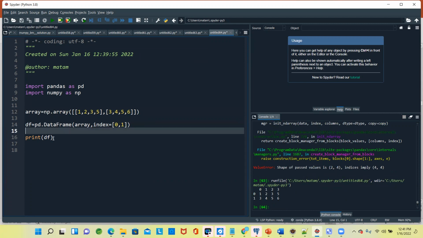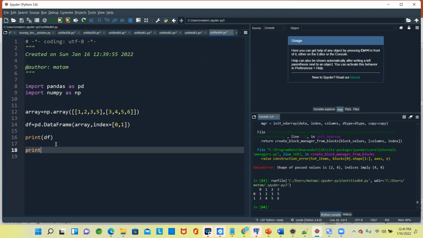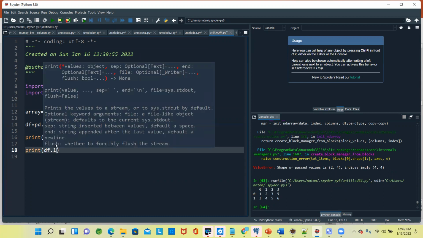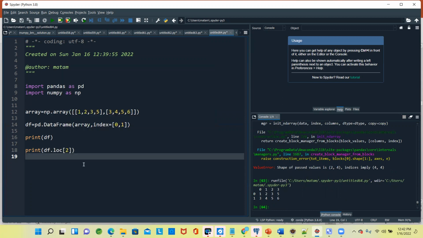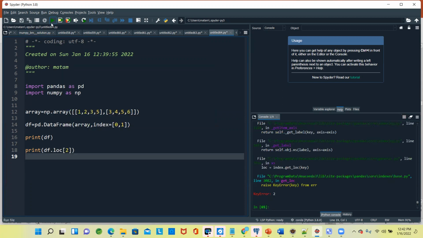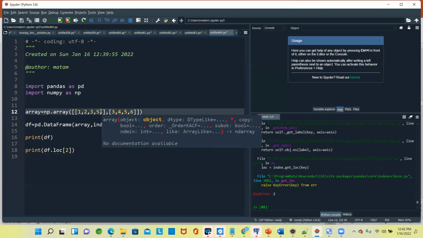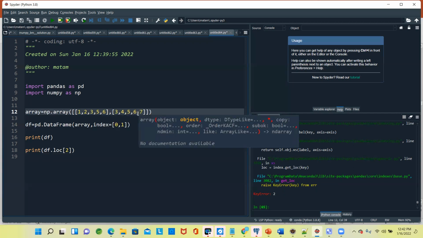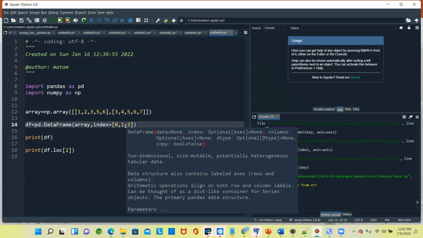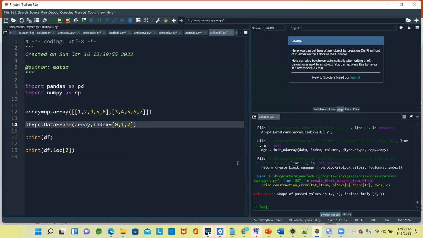Now what we'll do, we will specify here print of df.loc of 2. If I say loc of 2, so what will come? Here 2 is not there, right? So we'll add 6, and we'll add 7, and we'll add 2 here so that we can understand what exactly is 2.